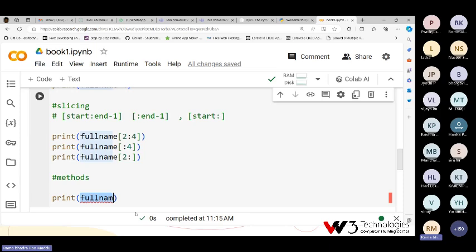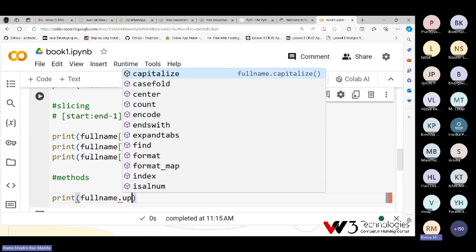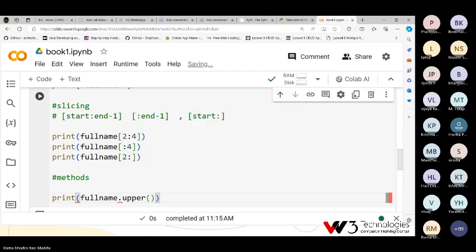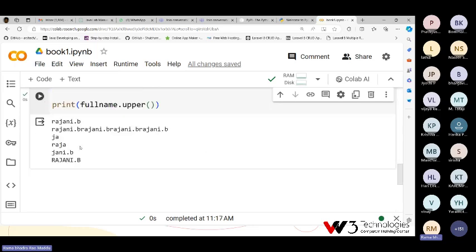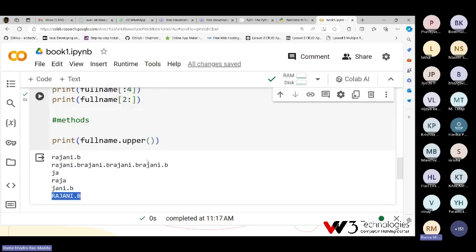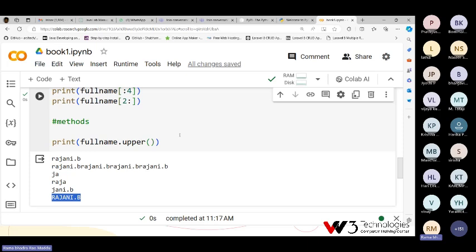If you want to convert into uppercase, for example, we can use upper. Then your entire name will be converted into uppercase. These are some of the ready-to-use methods in strings. If you use lower, everything will be converted into lower.